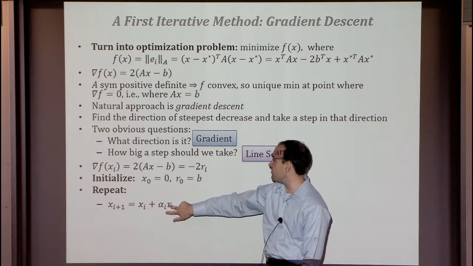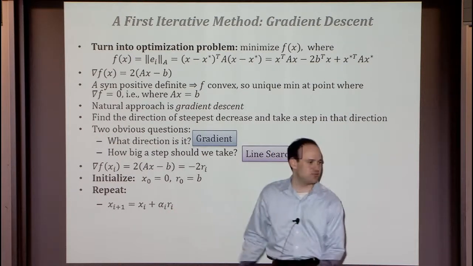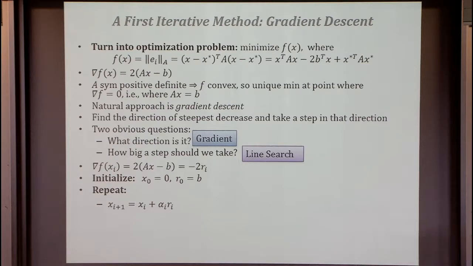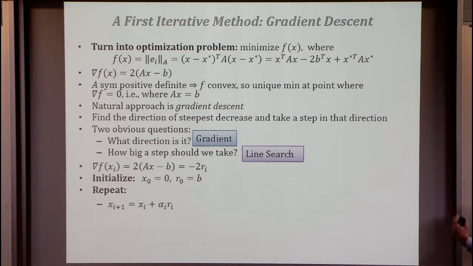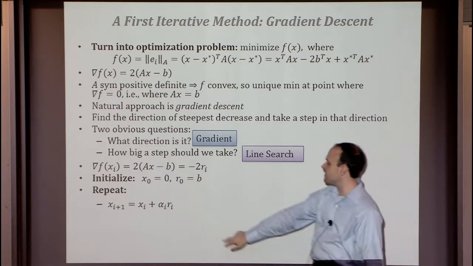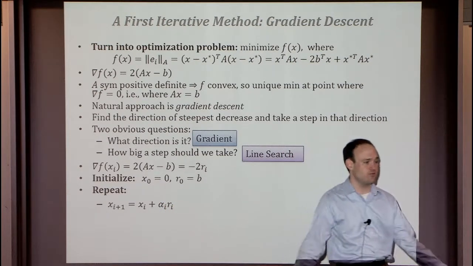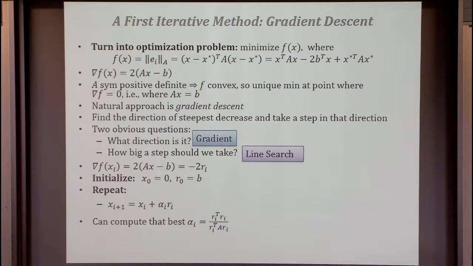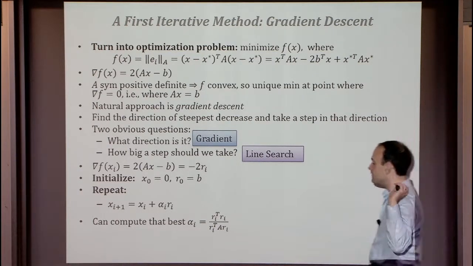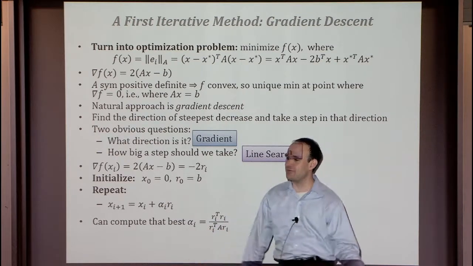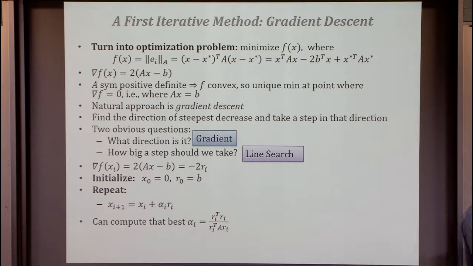So our residual is b, and our algorithm is just going to be repeatedly find the gradient direction. Now note, the gradient direction is the residual, which is a kind of convenient coincidence, or non-coincidence. And then the update step is just you take your present value of x, and you add some multiple of this residual to it. I asserted you can compute the best thing to do. It's not very hard. It's this thing that we'll never use again. So this is a fully formed algorithm for solving linear systems.